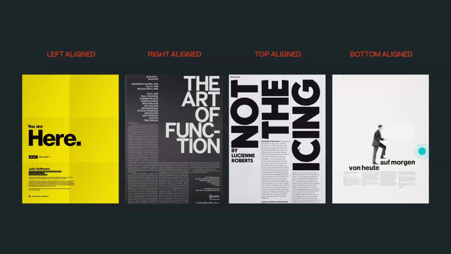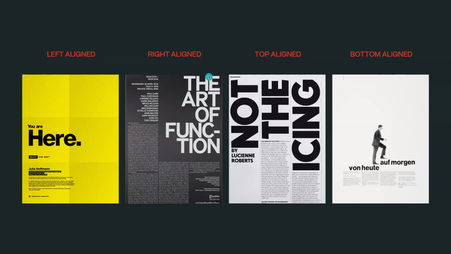If you look here at the four posters, there are four types of alignment. This is left alignment. That means if this is a single poster, the whole shape, the whole copy, the whole typography, the whole element, they will place on the left side of the poster. This one is right alignment.